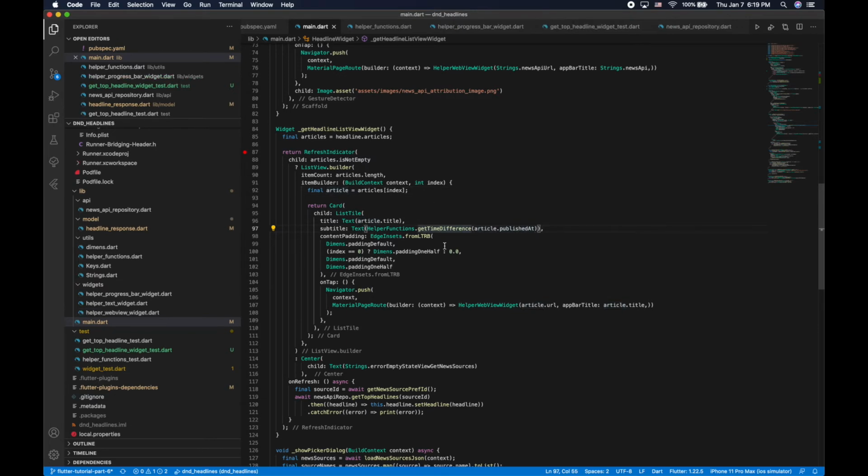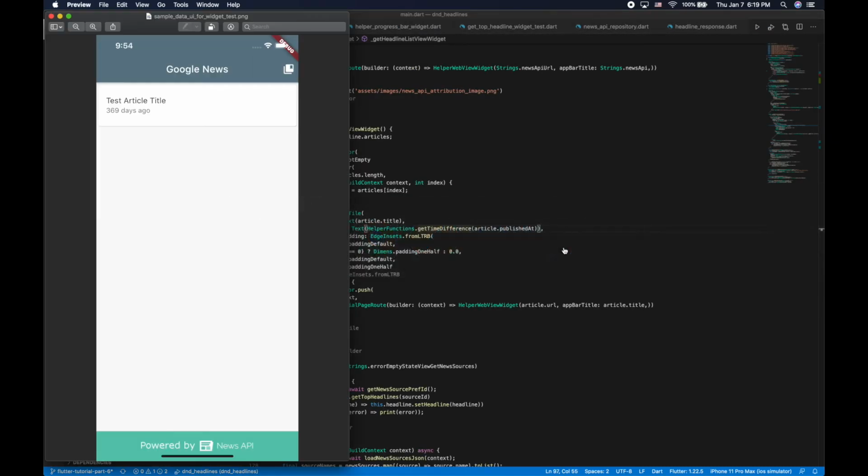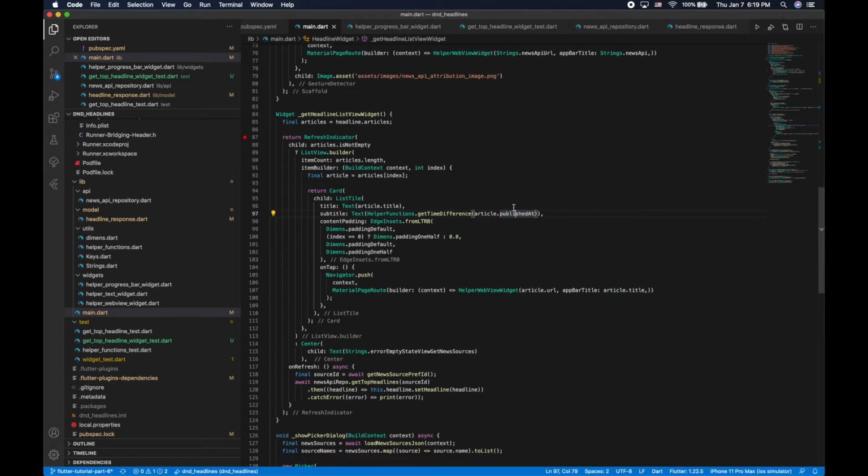Because if you remember here, we just calculate the time difference from when the article was published. So I actually have a reference here of ideally what we want to create for the dummy article. So if we just give it a title and then the published timestamp,